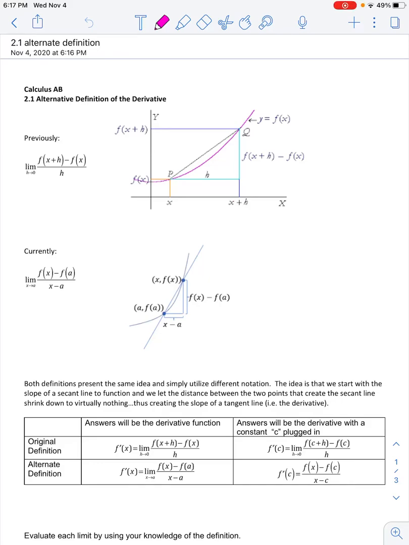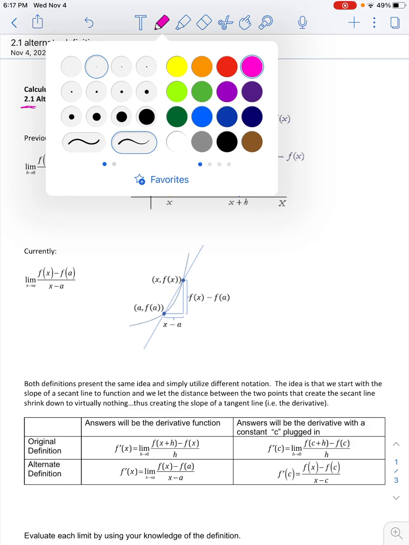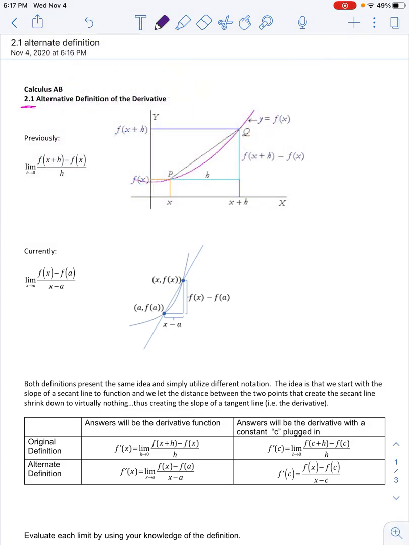So this is us getting in our time machine and going back in time to the very beginnings of chapter 2. We're just trying to cover our bases for some of the things that we didn't study way back then. And one of them is this alternative definition of the derivative. Okay, so this definition right here presented is one that we learned at the beginning of chapter 2 that propelled